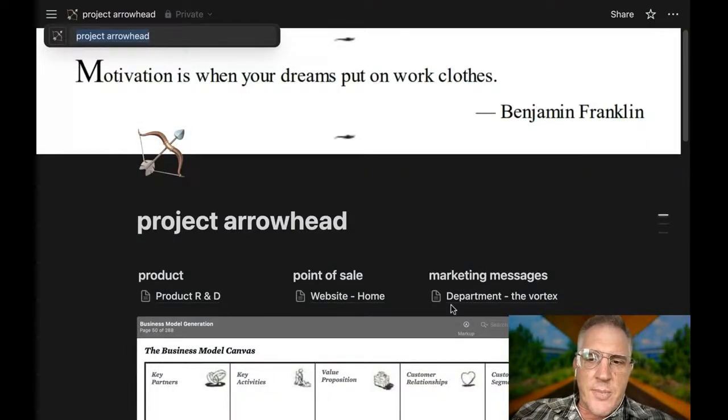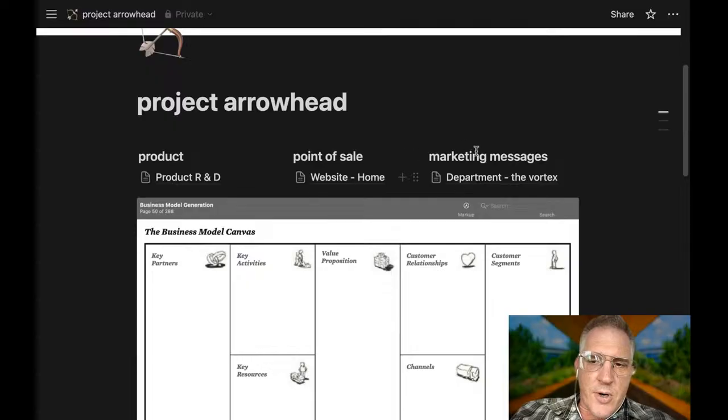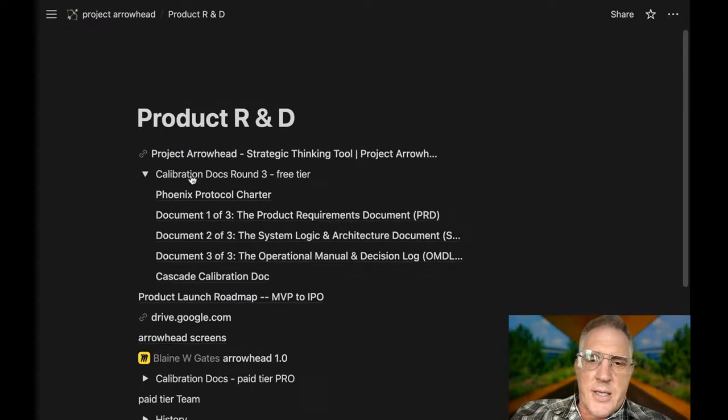In the last little bit, we've been going a little bit into the marketing section of my Notion page just to start to think about our objectives regarding marketing messages. Now we're going to go back into our product R&D. You can see in here that I have the Phoenix Protocol Charter. I have the one of 3 of my calibration documents, and then I have something called Cascade Calibration Doc. With these 5 calibration documents, you can set up a new